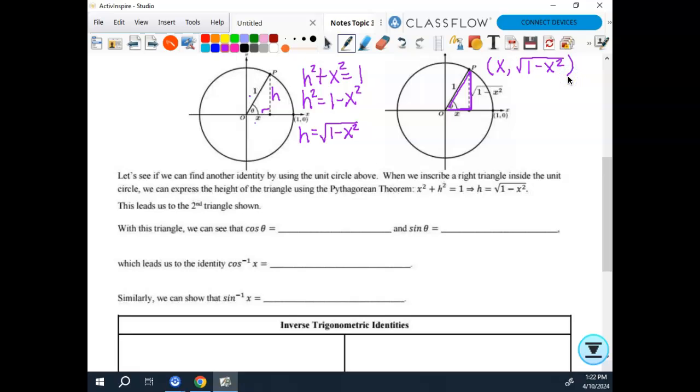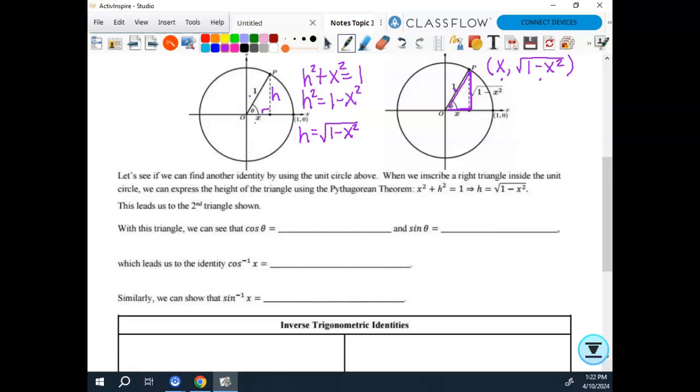Is this a unit circle? Yes, and how do you know? The radius is 1, okay? It's a unit circle. So since it's a unit circle, that means this is my cosine value, this is my sine value. Make sense? That's always true. Cosine, sine. So when we get down here,